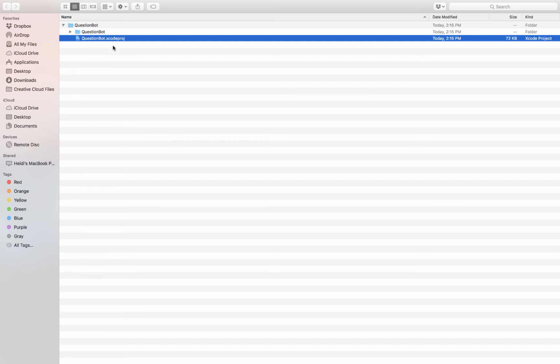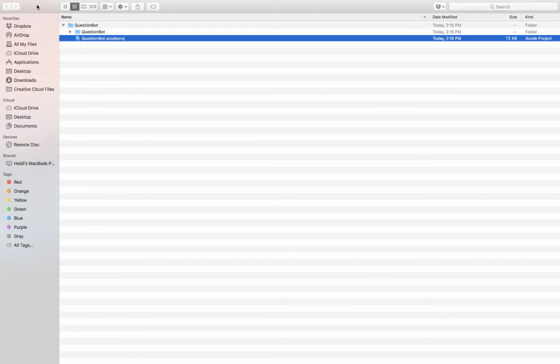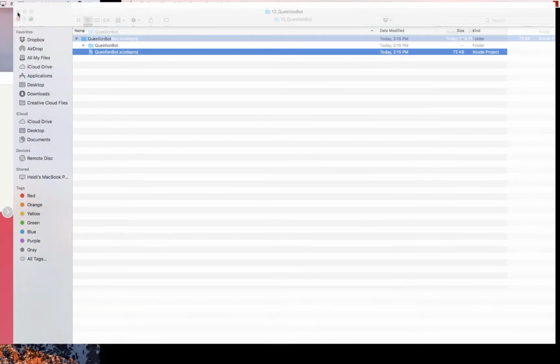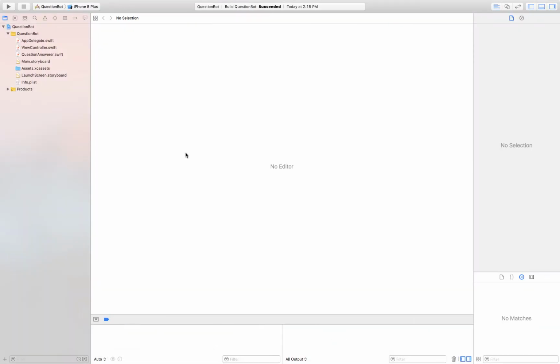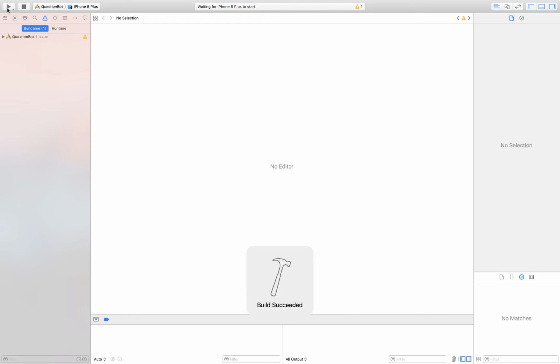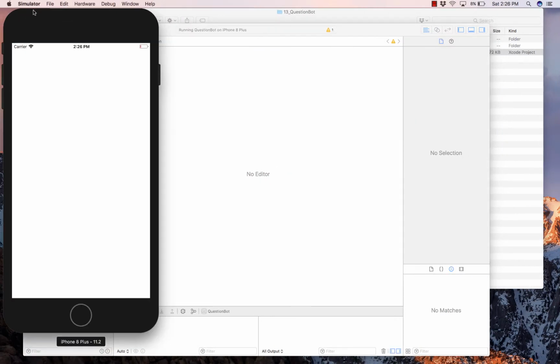So again, this is the finished project that you'll end up with after you do all your hard work on your lab. I just want to step through it and make sure that you all can envision what you're going to end up with when this is finished. If we give it a good run here, let me take a look at the simulator.